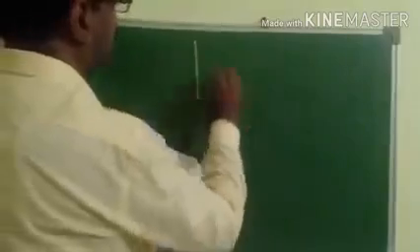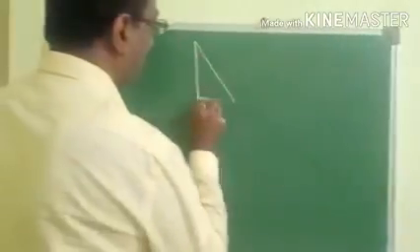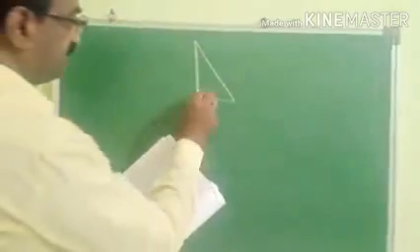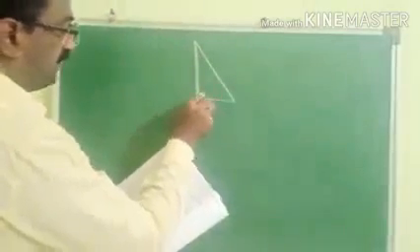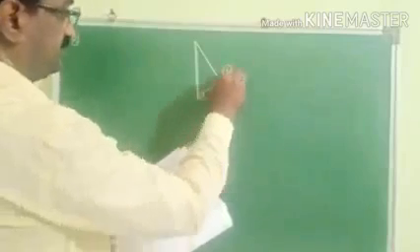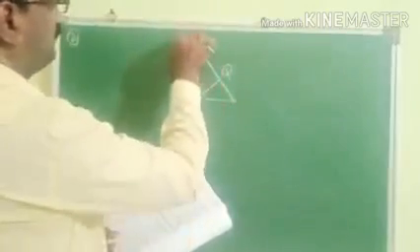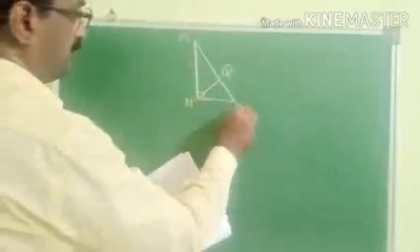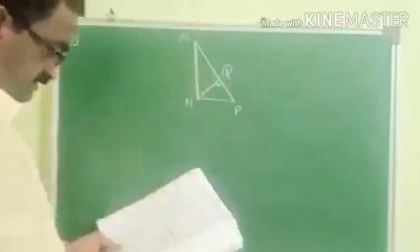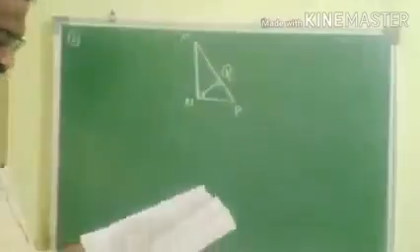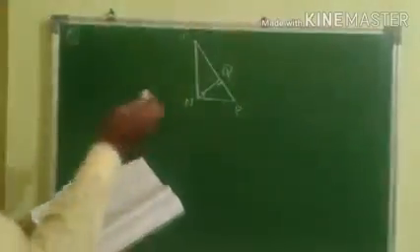Practice set 2.1. The first problem is very easy, so there is no need to solve that. Second problem. A right angle triangle is given. In this right angle triangle, NQ is the hypotenuse. This triangle is MNP. MNP is a right angle triangle with a perpendicular. So these are the given things as shown in the figure.